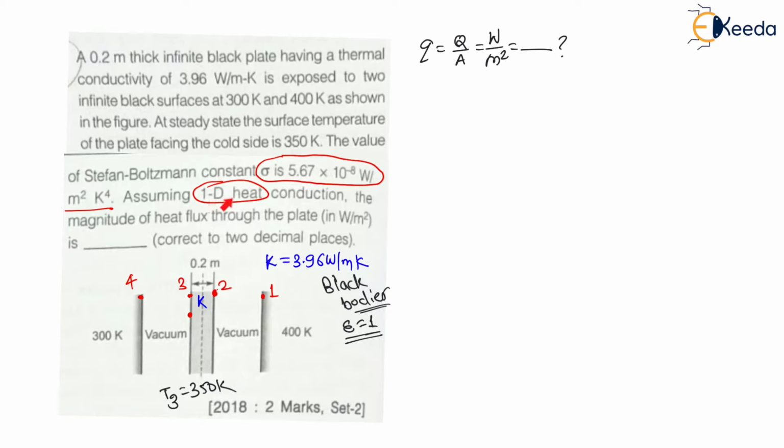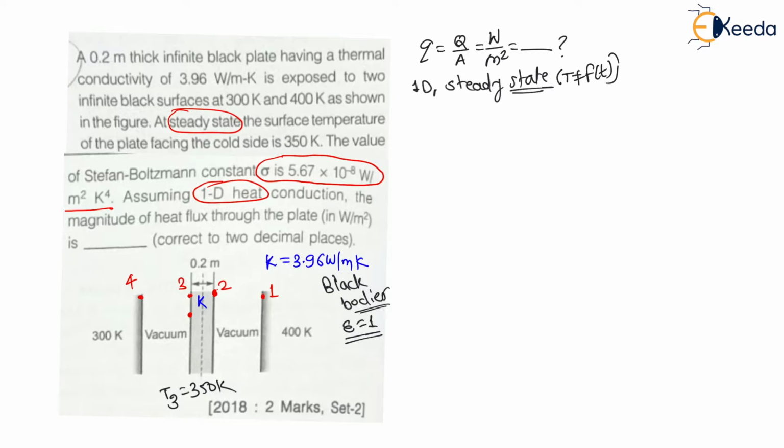Now, my dear students, in question they have mentioned that it is a 1D heat conduction, that is 1D heat transfer, as well as it is a steady state. They have mentioned, right? This is a very important condition. 1D steady state. Now, for 1D there will be a heat transfer along one direction only, and for steady state the temperature at each and every location will be constant at that particular location with respect to time. That is, steady state means temperature is not a function of time. With respect to time, the temperature of any location is not going to change. Means here this T1 will be always constant at any time. T2, T3 and T4 will be constant at their respective values at any time, right? This is called steady state.